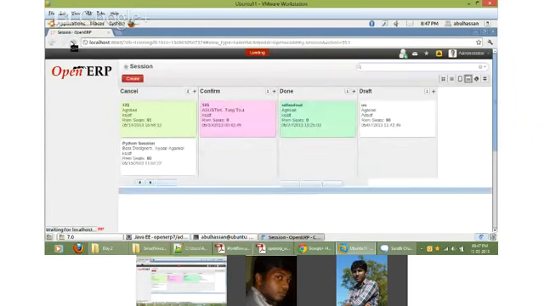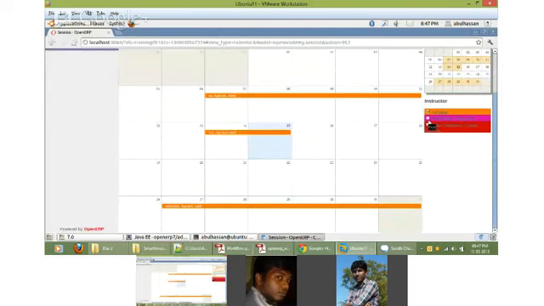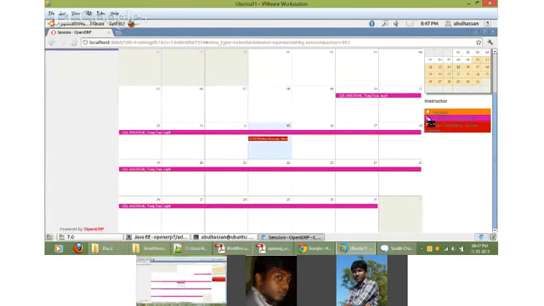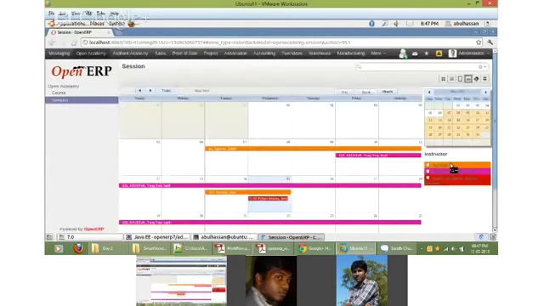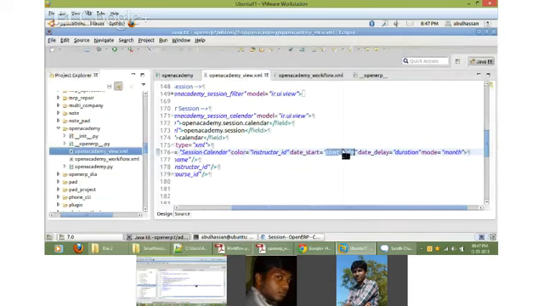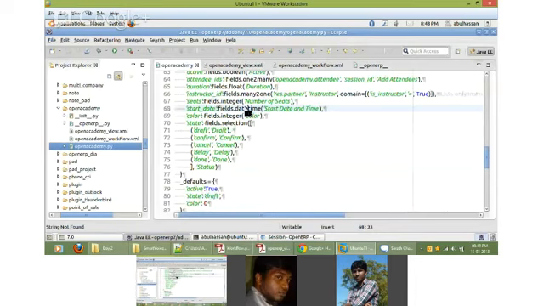See? Different instructors. Okay, you can filter by choosing only one. And here, date underscore start gives the start date. Here we have to say when the event is starting. So this start date is the date that we have defined here. This should be a date field or a date and time field, otherwise it will throw an error.